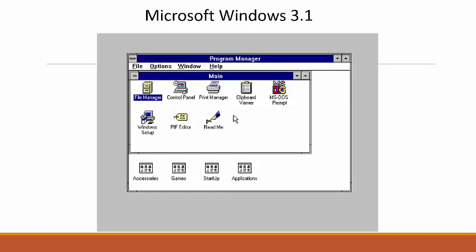In 1992, though, Microsoft released Windows 3.1. And honestly, this was the first commercial success of Windows, the Microsoft Windows. It fixed the problems with version 3.0. This one gives us many of the features we know nowadays. Not an OS, still a shell, but this is what really caught on.